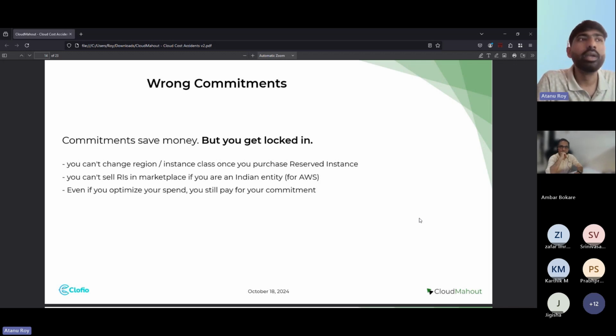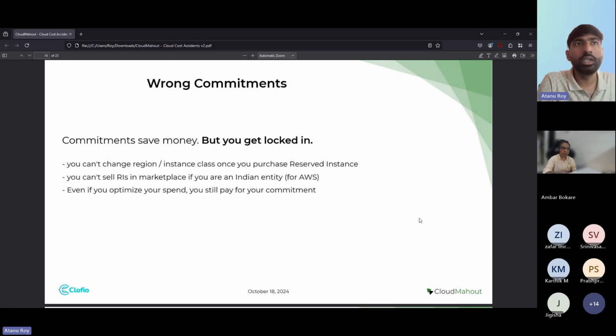by buying the commitment. But a very big problem with commitment is that if you are purchasing one in the AWS world, it is the reserved instances or the compute savings plan. If you are purchasing reserved instances, then you are locked into that reserved instance, right? This is something we have seen a lot: a lot of people see commitment as a low-hanging cost saving opportunity, that hey, I purchase a commitment and then I save 66% of my cost, right? But you do not see the fact that once I purchase, I cannot go back, right?